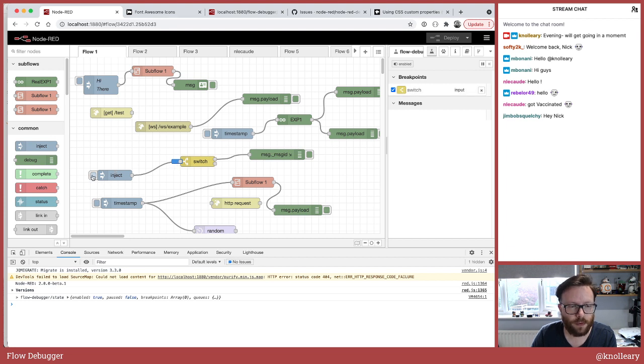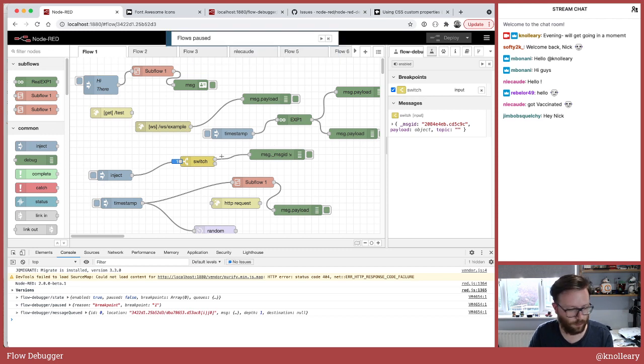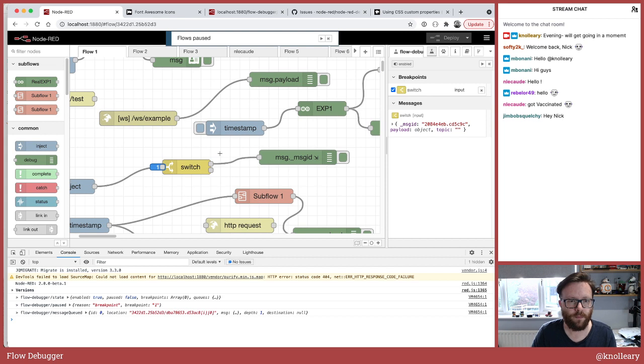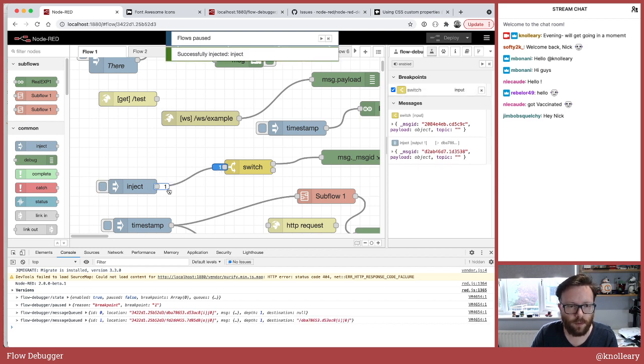So we can see that in action when I click the inject button. Maybe if I zoom just a little, so you can sort of see the numbers. You can now see there's a little 1 there telling us there's one message queued up at that breakpoint. And if I hit the inject again, you can now see there's a 1 over on this side, because the inject node has sent a message, but because the runtime is currently paused, as you can see in the header,